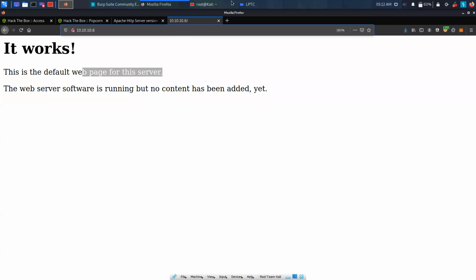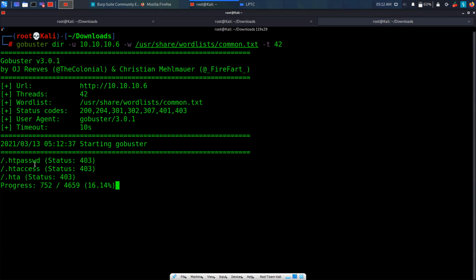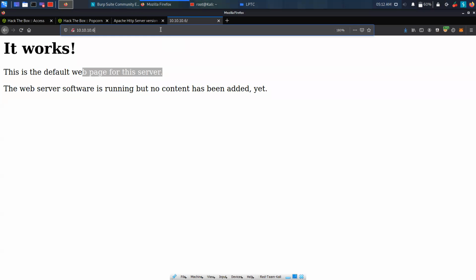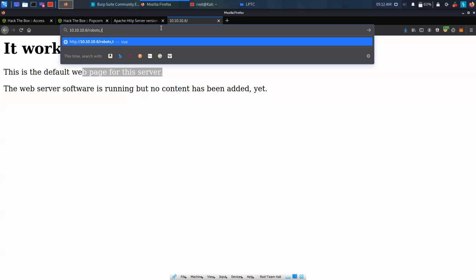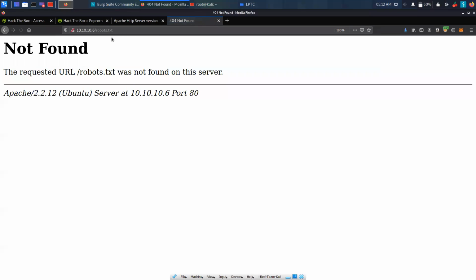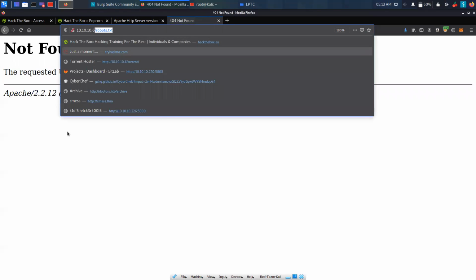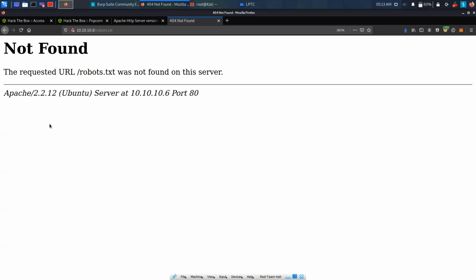While we are brute forcing for directories, the general enumeration we can do is check if robots.txt exists. So robots.txt doesn't exist. Basically, robots.txt is a file which tells us directories. It is not meant to be used like that; people use robots.txt to tell search engines which crawlers are allowed to visit a website. A Google crawler first goes to this file, and then it gets to know which pages are allowed to be visited and which are not.